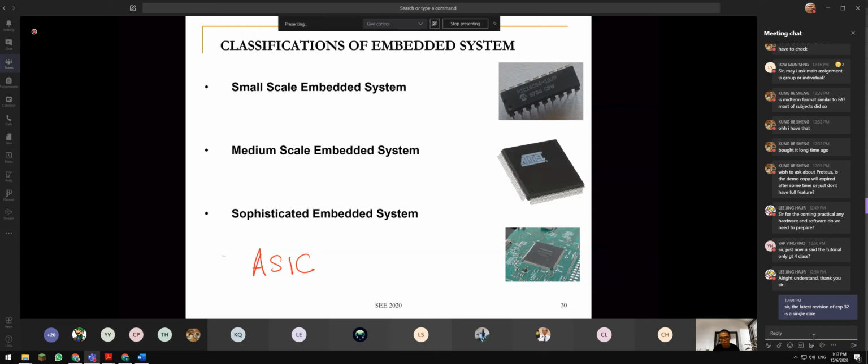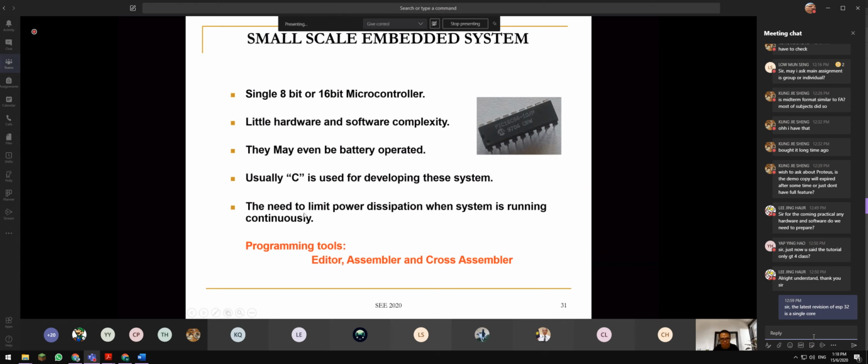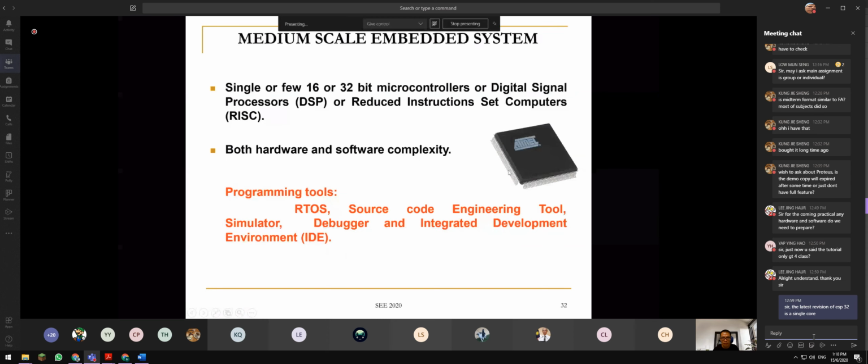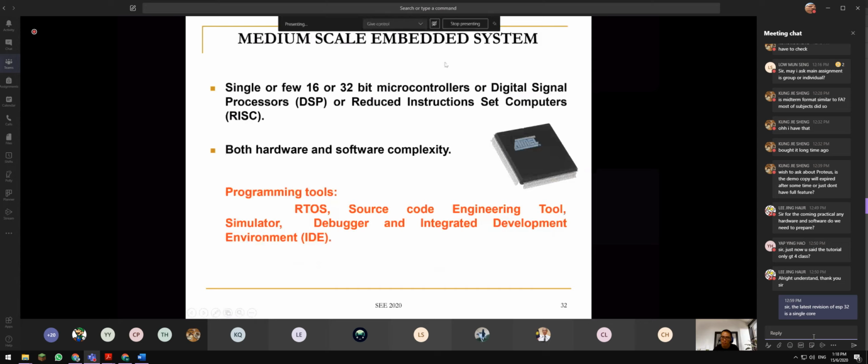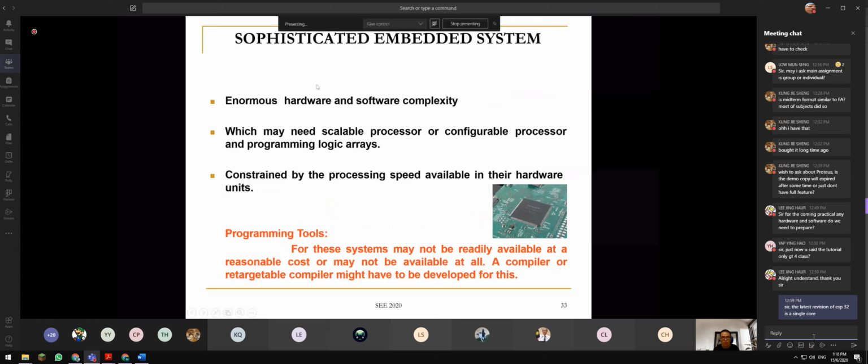Let's say a company wants to do this thing, so that's why we design according to their needs. Small scale embedded system design, I told you already: 8-bit, 16-bit, involves some RTOS. We are still in the medium scale. Even ESP32, we are doing medium scale. Large scale involves a lot of configurable processors, FPGA, all these things.